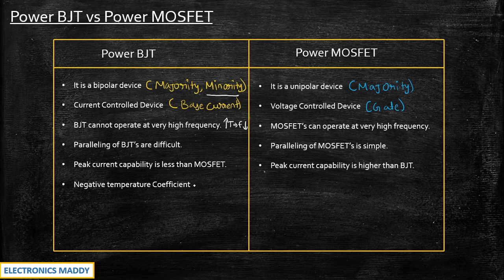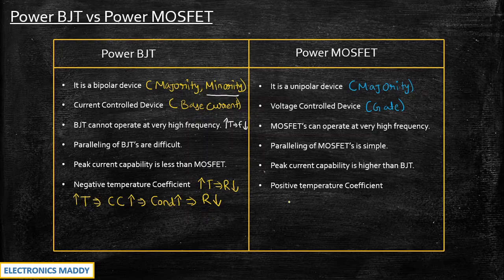One of the most important points that you have to observe over here is negative temperature coefficient. So what does that mean? Power BJT is associated with negative temperature coefficient. When the temperature is increased, more charge carriers are injected. And when more charge carriers are injected, obviously the conduction will increase, isn't it? When conduction is increasing, the resistance or the resistivity of that particular device will decrease. So what is happening? As the temperature is increased, the resistance is decreasing. And we call that characteristic negative temperature coefficient. I hope this point is clear.